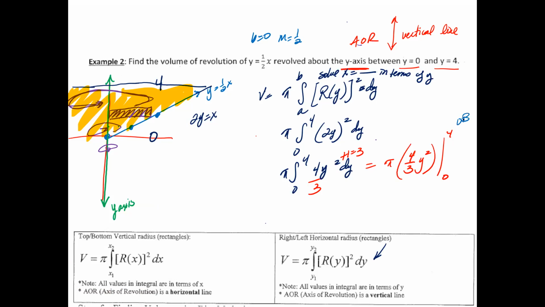So here's your upper bound, 4 cubed, and minus, here's your lower bound, 0, which is just 0. So then your answer in this case is going to give you,